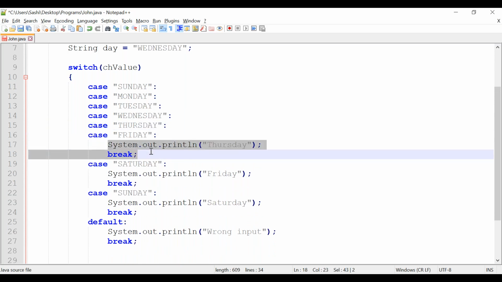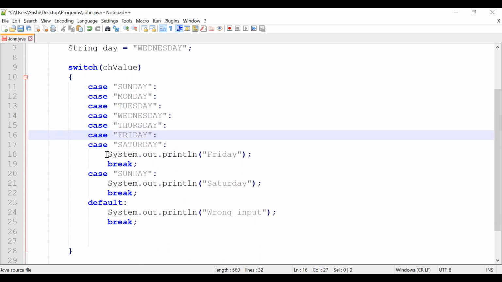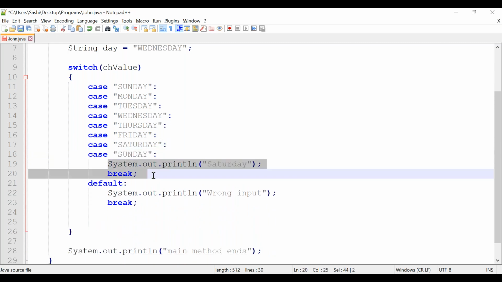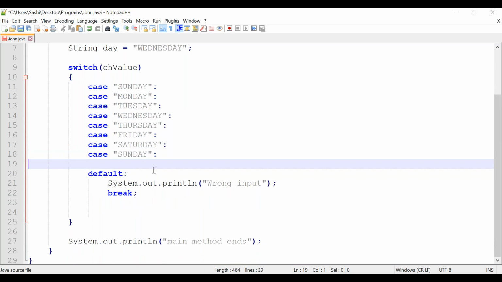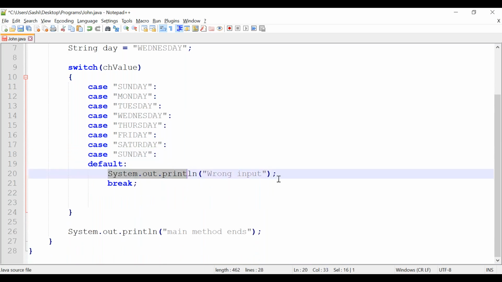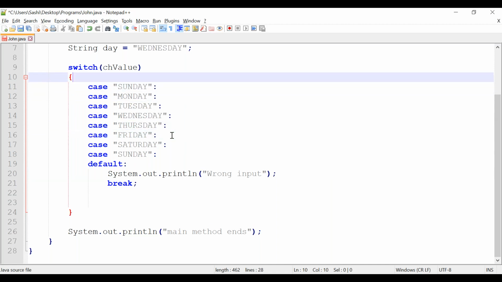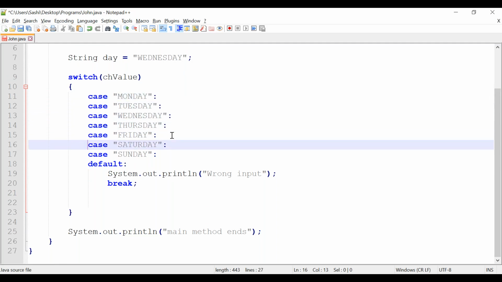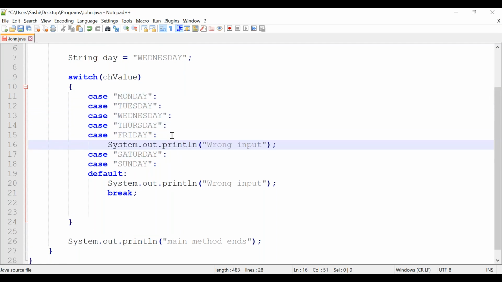So even in such a case you can give string also, it is possible. We have seen we can give integer type, we can give string type, we can give character type. Correct. So what I do, if it is any of them from Monday to Friday, I will say it is a weekday.